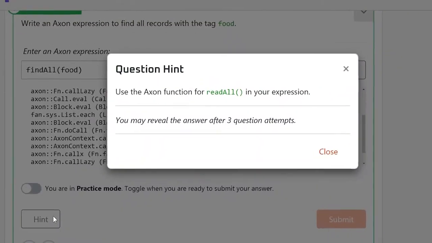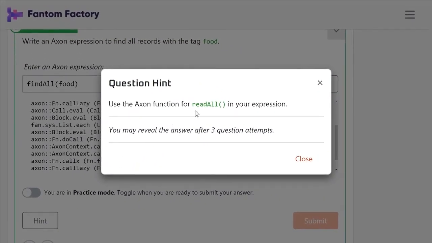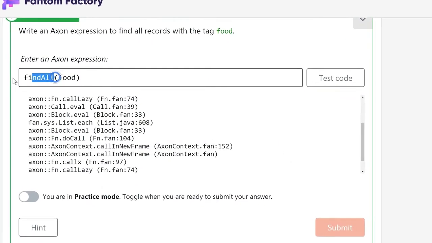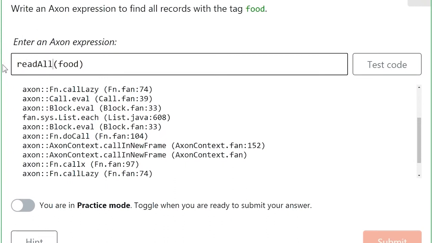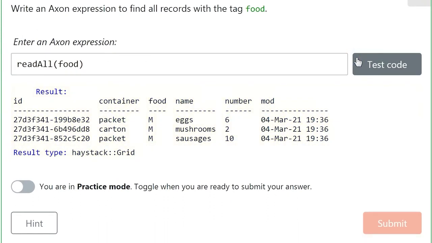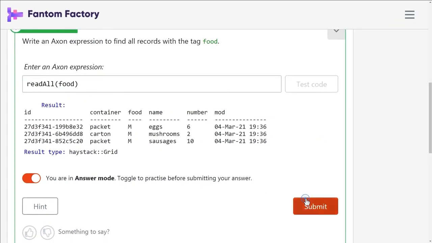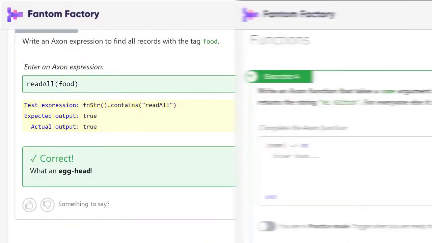So we'll just check the hint before, and we try again. Ooh, that's right. It's read all, not find all. Our new test output shows us that this code has retrieved some data, and it certainly looks like food. A quick submit in the answer mode, and success!